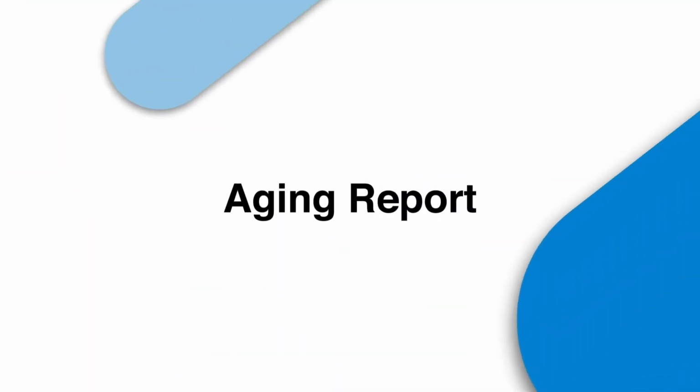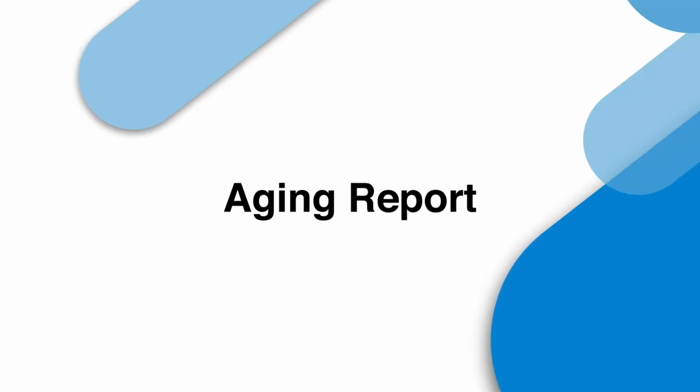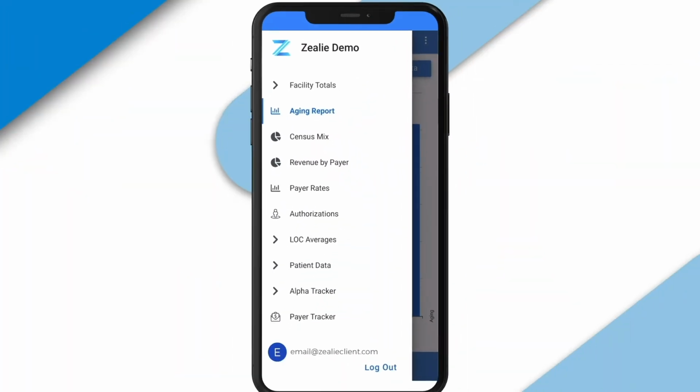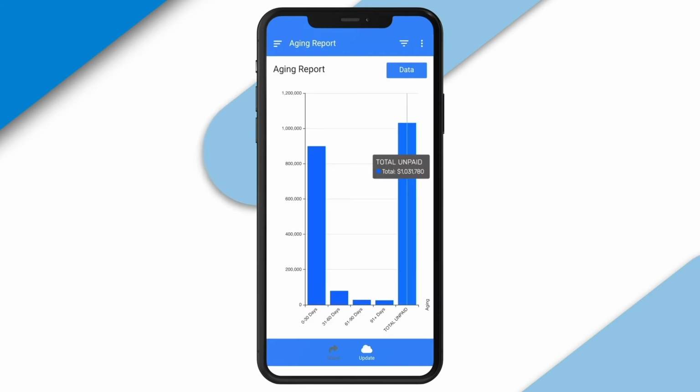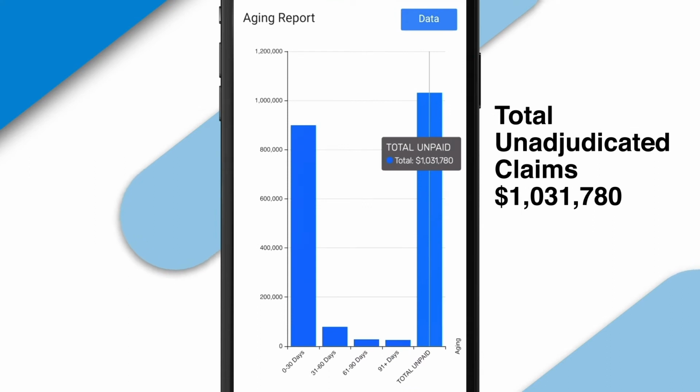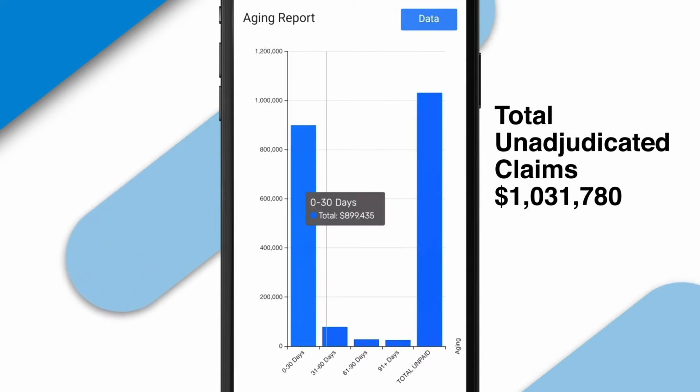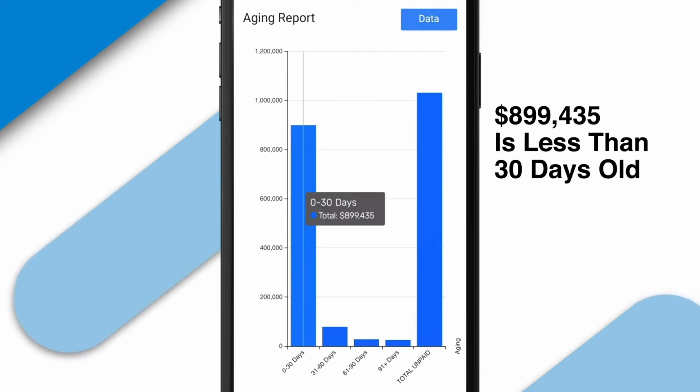The Aging Report feature lets you know how long your unpaid claims have been outstanding. In this example, you can see that the total amount of unadjudicated claims on the far right is approximately $1,030,000. However, you can see that approximately $900,000 of that is less than 30 days old, so most of the aging